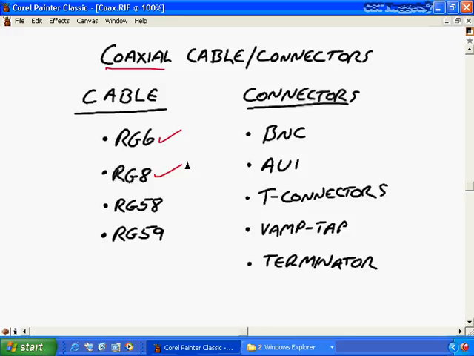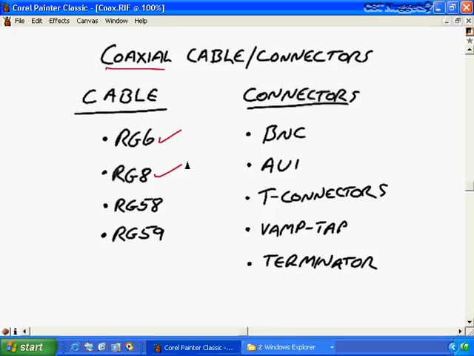And then RG8 is what we use for something called thick-net Ethernet. And like the name sounds, it's a thicker kind of cable. With this, we have copper braiding in it that gives it very good shielding, and it's going to be a pretty good network cable that is probably going to be more commonly used for backbone connections than for just drop cables